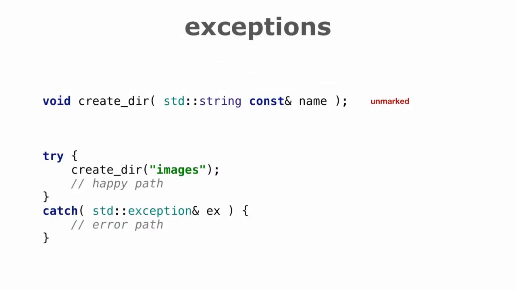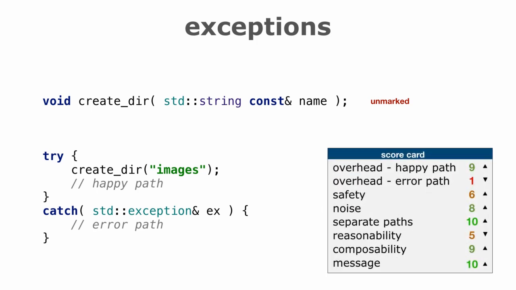So let's see where we go next. Let's briefly look at exceptions to see how they compare. Won't spend too long on this, but I think we'll just go straight to the scorecard, other than to note that, like the global variable example, it's unmarked propagation. So we can't reason about the error handling facilities of this function just by looking at it very easily.